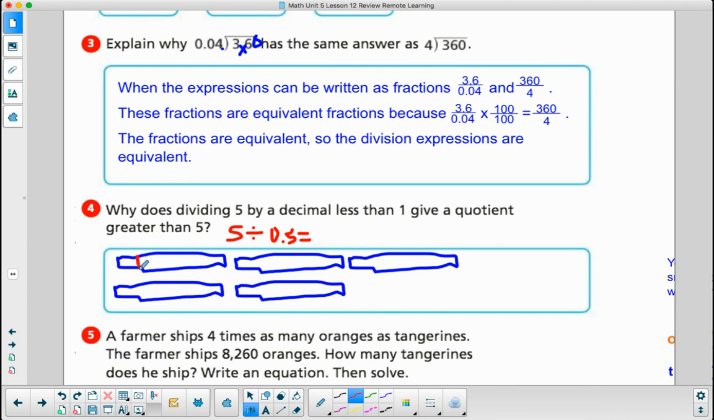If that's 5, 1, 2, 3, 4 lines. If that's 5, there would be 2 5/10 in that one, 2 5/10 in that one, 2 5/10 in that one, 2 5/10 in that one, and 2 5/10 in that one. There would be 10 5/10 in there. And that means there would be